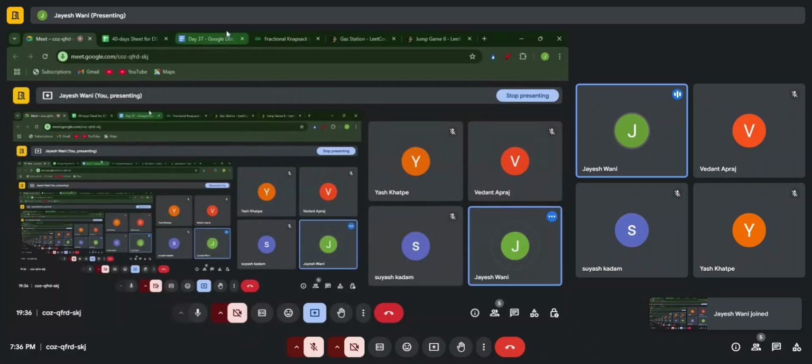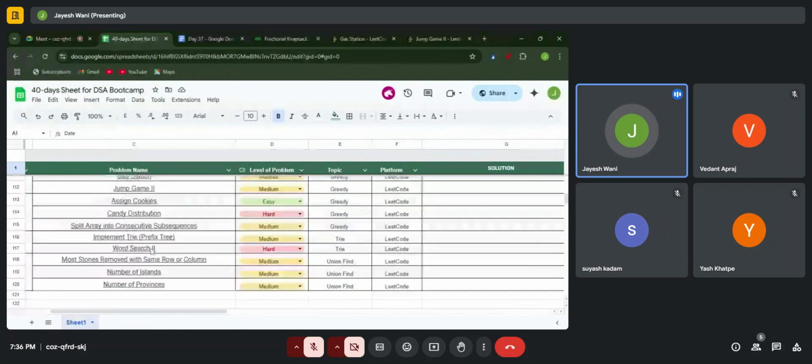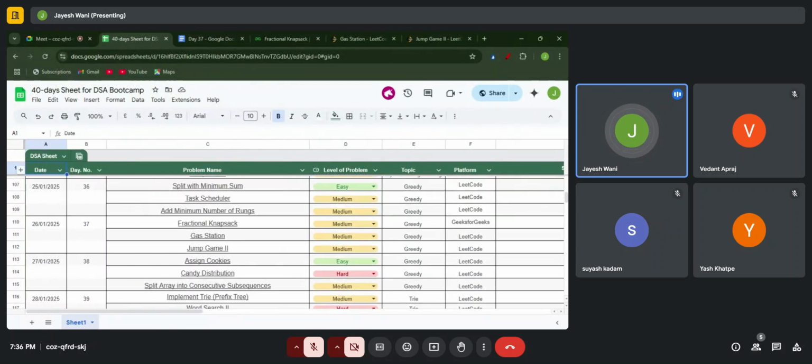स्टार्ट करते हैं अभी। ओके, सो आज हमारे 40 डेज बूट कैंप का डे 37 है। सो आज के क्वेश्चंस हमने लाइक पहले भी देखे थे, लाइक फ्रैक्शनल नैपसैक का प्रीवियस वर्जन लाइक 0/1 नैपसैक, और गैस स्टेशन का भी, मतलब सर्कुलर लिंक लिस्ट जैसा एग्जांपल है। सो वो भी पहले कवर किया था, और जंप गेम का हमने फर्स्ट वन कवर किया था लाइक 2 days back विद डायनेमिक प्रोग्राम। सो यही तीन क्वेश्चन आज हम देखने वाले हैं।